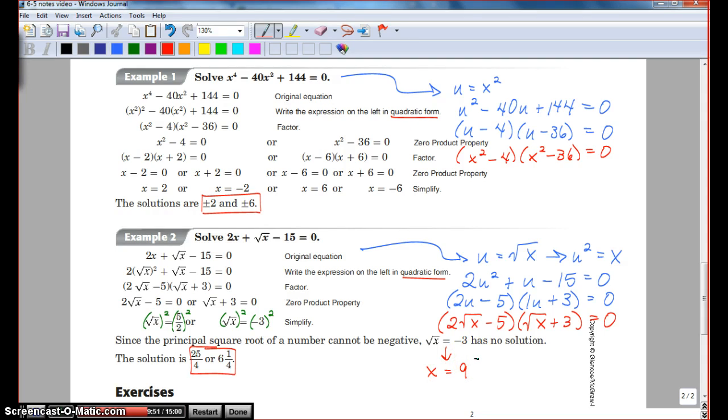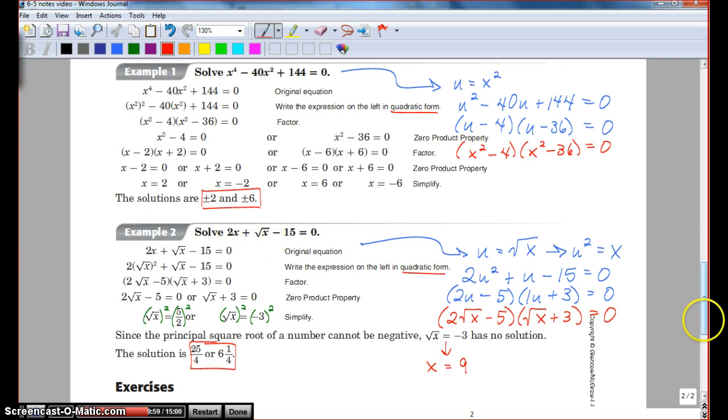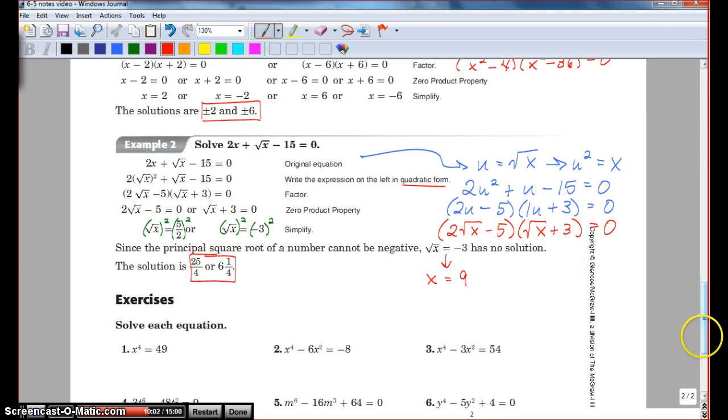You may have thought of using 9. But what happens when you plug it in? And truly you need to plug in both of your answers to see if it works. But let's just test 9 and see if in fact this works. So we have 2, this is the original problem, times 9 plus square root of 9